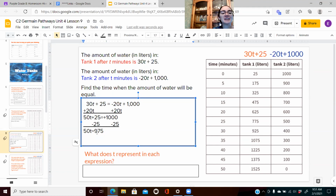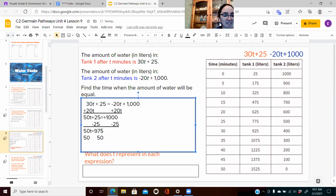And then what's my next step to get that t by itself? That t is attached to my 50 using what operation? Very good, Sam Lamar. It's attached through multiplication. So to cancel out that 50, I would have to divide by 50 on each side. If I divide 975 by 50, what am I going to get? Who can help me out? If I grab my calculator, 975 divided by 50 gets me